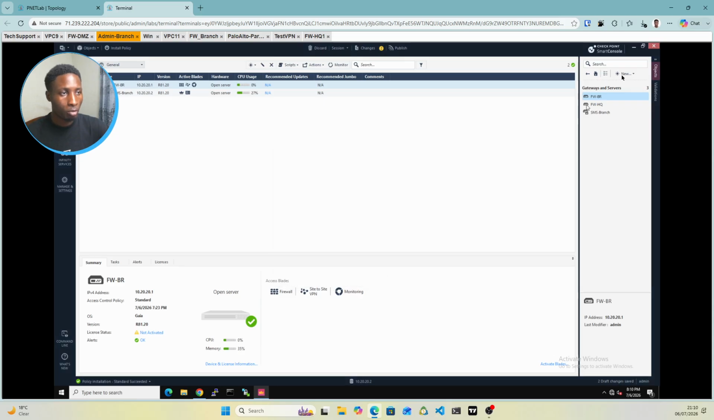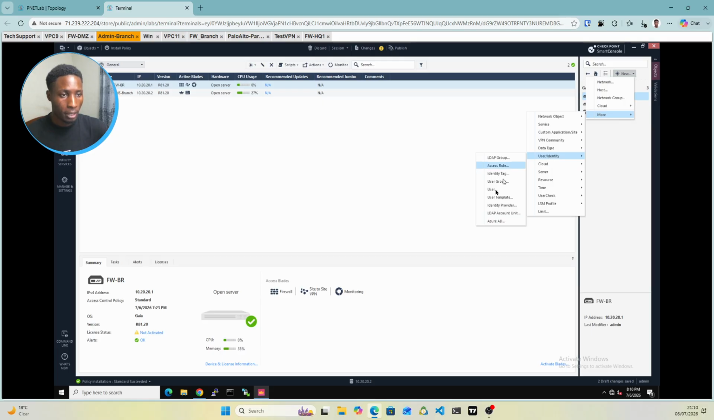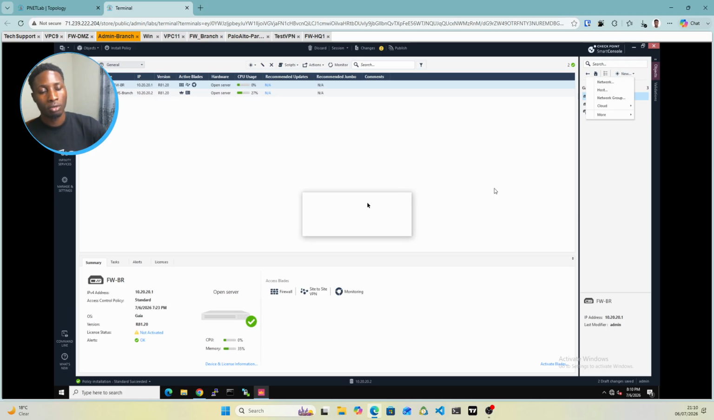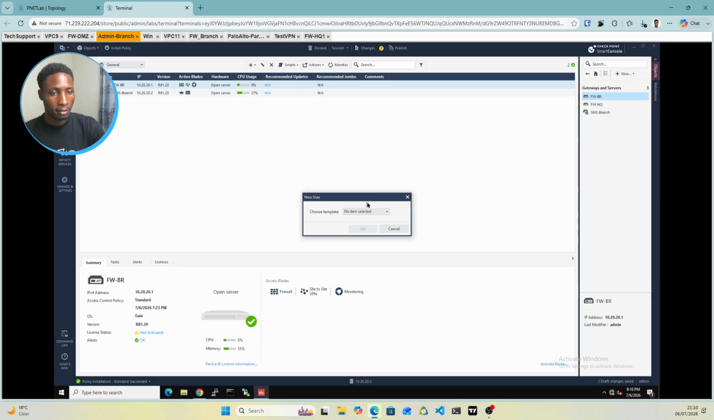So once you create the group, we'll now create the user. You can come down again to more, and then you go to user/identity, and then from here you come to user. We already created a user group. So just create a new user, and we'll give the user a name like, let's say Dan, and we'll choose a default template here. When you do that, we take OK,